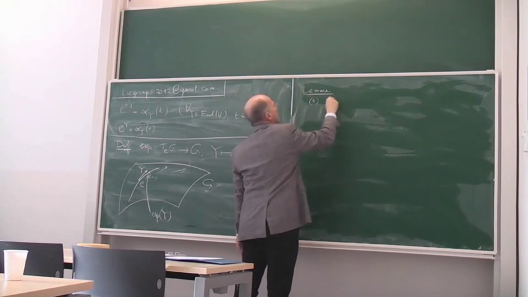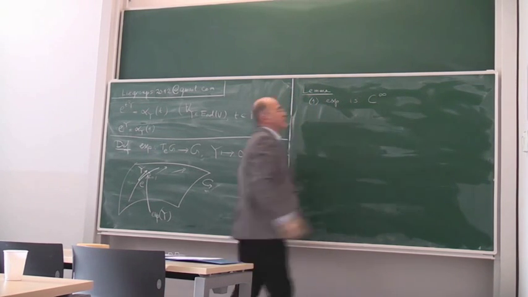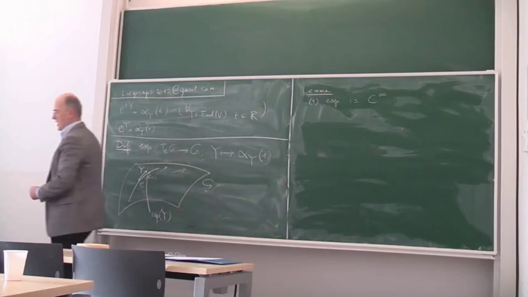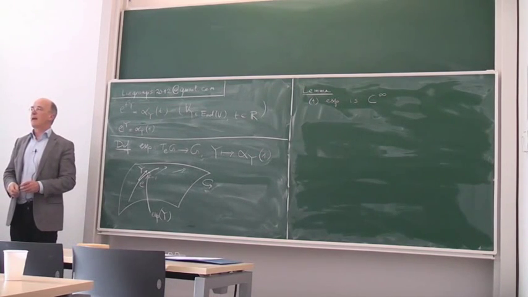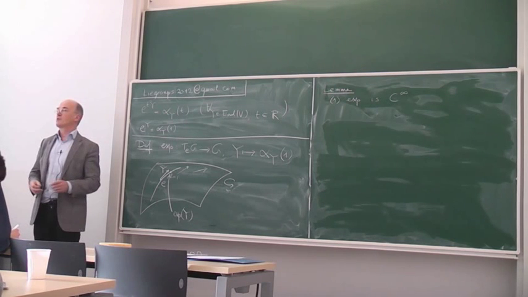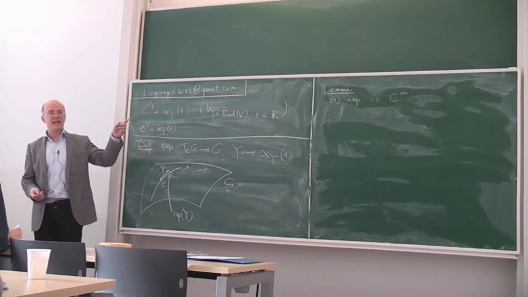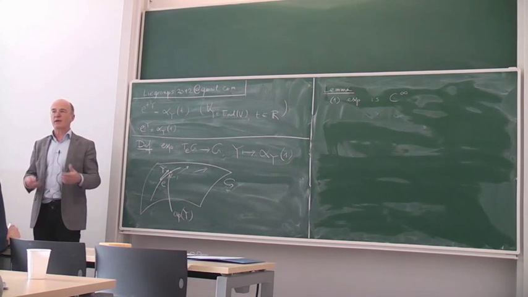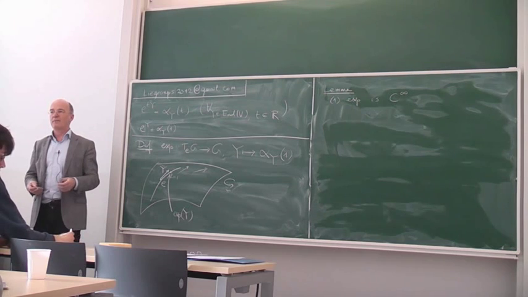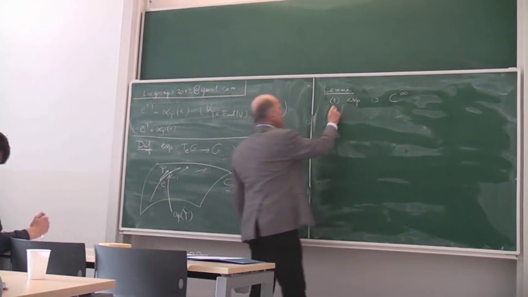First of all, this map is smooth. Well, basically this is a statement about the dependence of solutions of differential equations on parameters. We have a smooth system of differential equations, and this is really the statement that the solutions that we have produced depend smoothly on the initial data. Secondly,